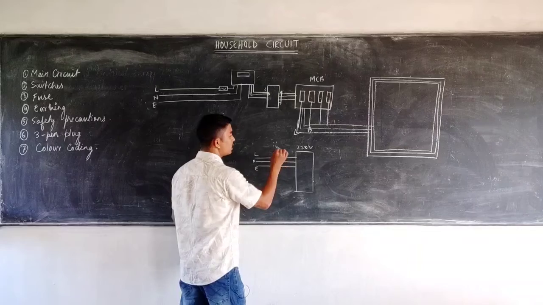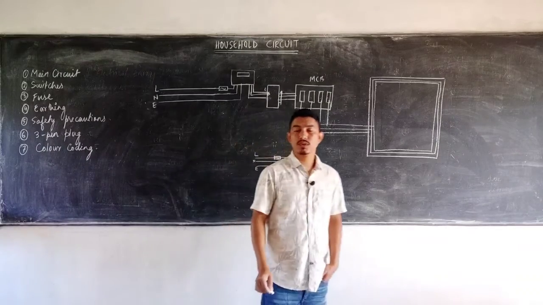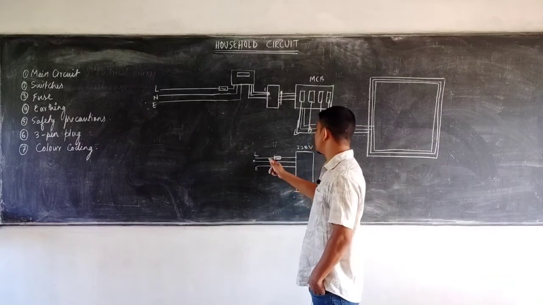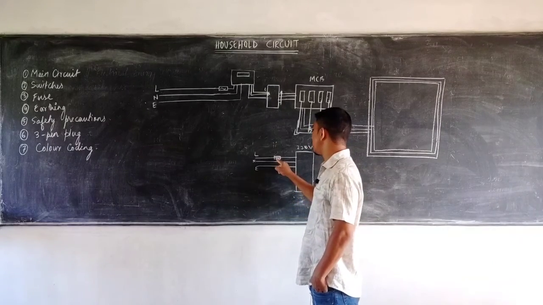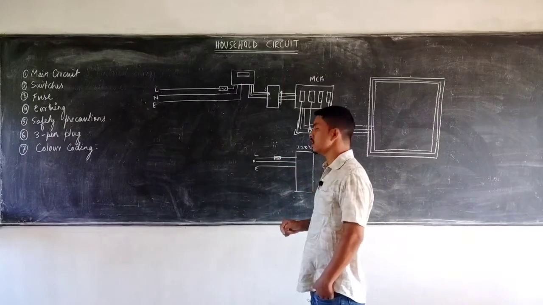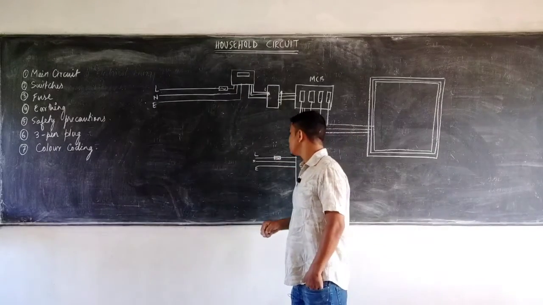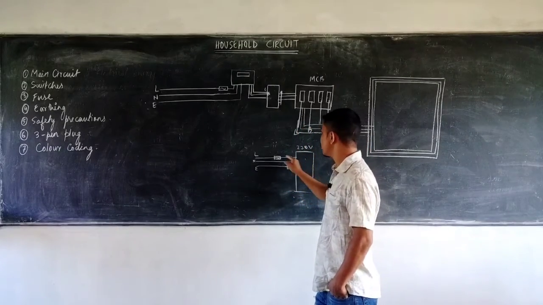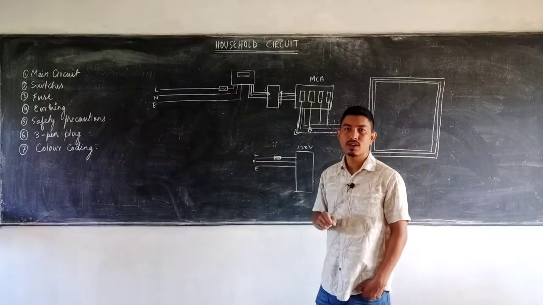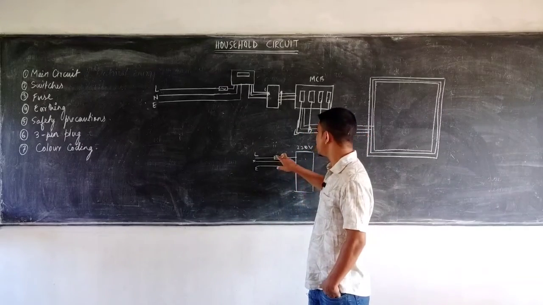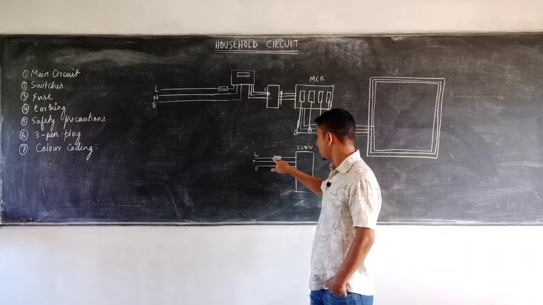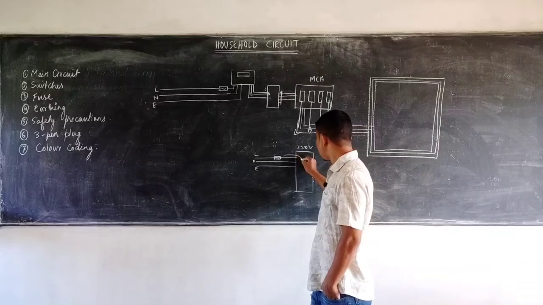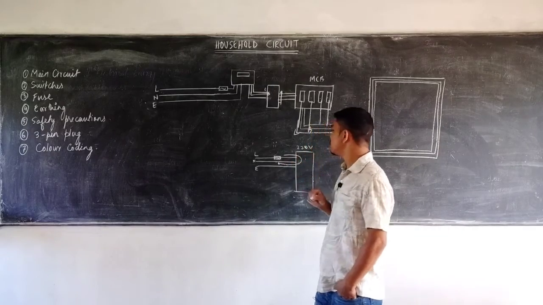The fuse wire has a low melting point. So if by chance there is a greater flow of current, what happens? Due to the heating effect of the current, the fuse wire melts and then the current does not enter into the device. The reason for connecting it in the live wire is that the device gets disconnected before the current enters it, when the fuse wire melts. Now if you connect the same thing in the neutral wire, what happens? Of course, the fuse wire will melt, but only after the current has passed the device and then reached the fuse.